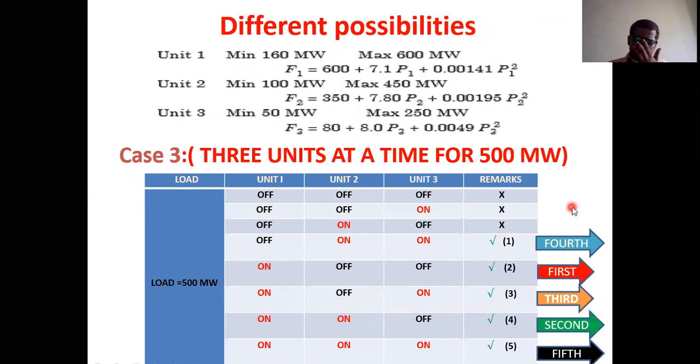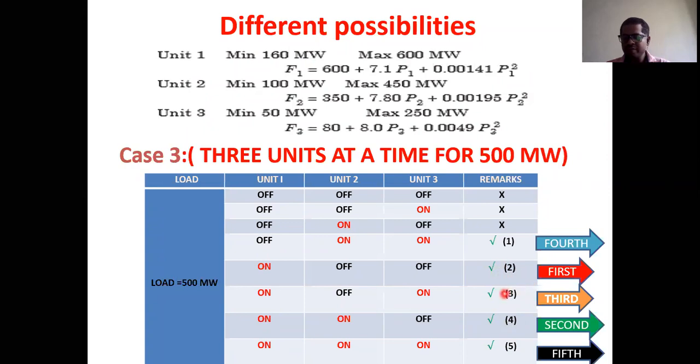But the observation here is that there are 5 possible combinations. You can take any of them in order to meet your load, but the constraint is that we must meet the load optimally and economically. The first and foremost priority should be the second possible combination. Of course, you can use the fourth combination, but when you take that combination you need to spend much more money when compared to the second combination. So this is not economical when compared to the second combination.